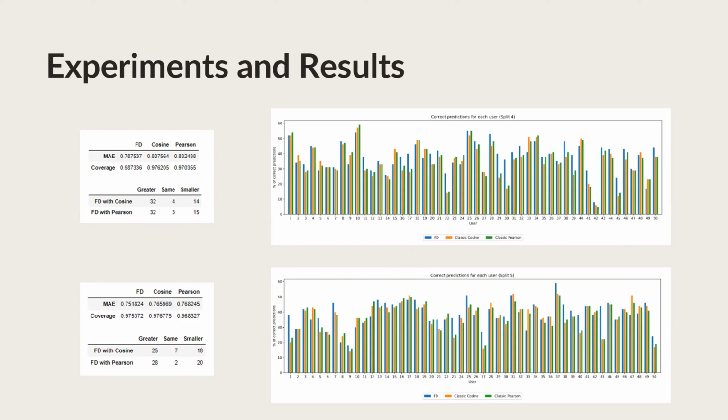After analyzing the results of calculations, we can come to the conclusion that the mean absolute error of the developed algorithm is smaller, i.e. better, compared to classic approaches, and shows that the deviation of predictions from the values of ratings specified by the active user has decreased. Coverage, the percentage of elements for which the recommender system can provide predictions, remained at the same level and in some cases even increased. In all 5 runs, the percentage of correctly given ratings is higher for most users. This can be seen even in the 2 given graphs.